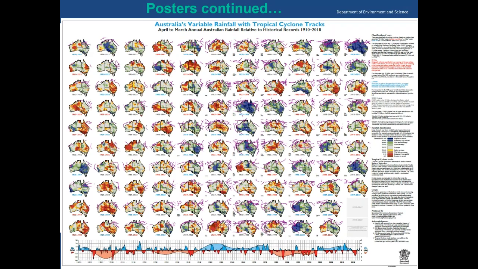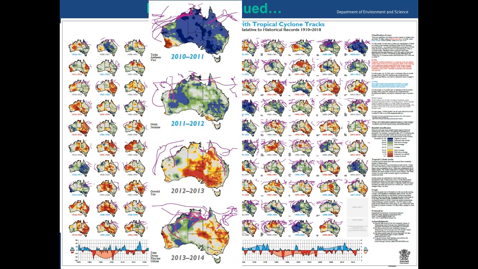Now, if the cyclone tracks cross land, the line gets thicker. And here's an example of the last few years here. As the cyclones cross the coast, the line gets thicker. If they cross the eastern coast here, we actually put the names here, so you can keep track of them. So Yasi's in this 2010-11 year,